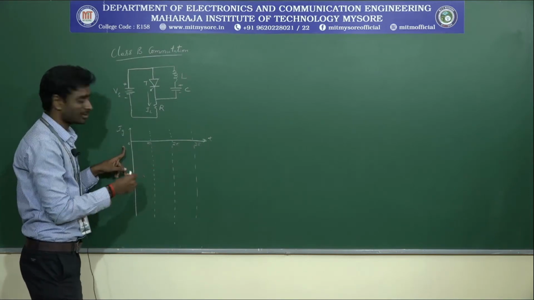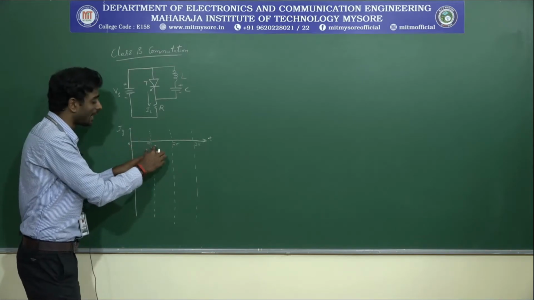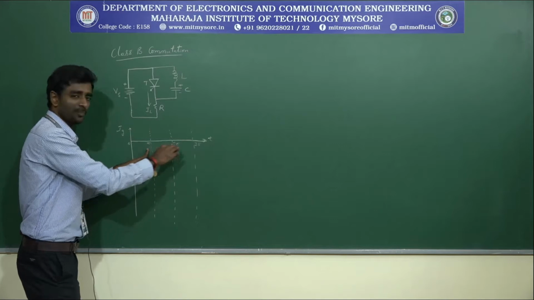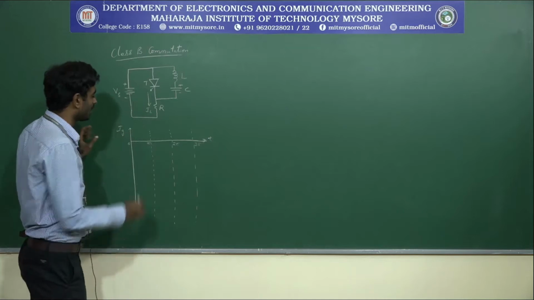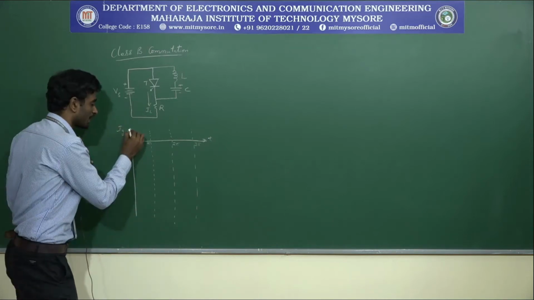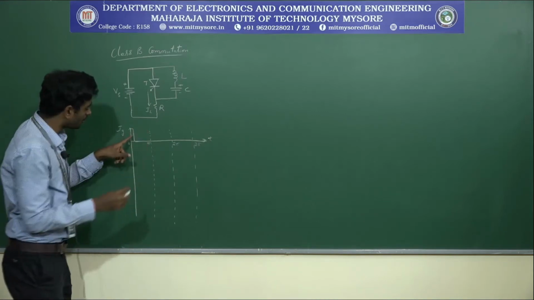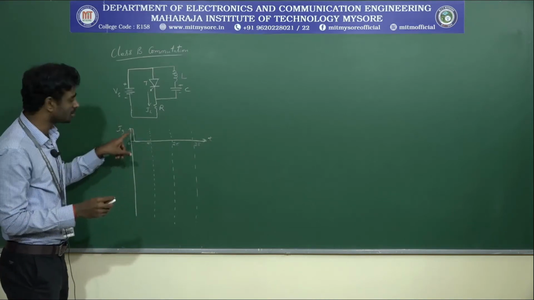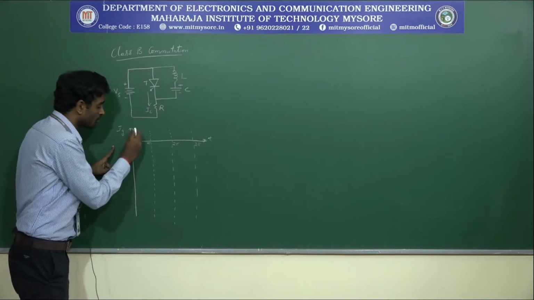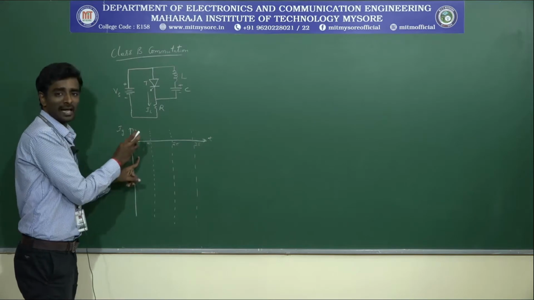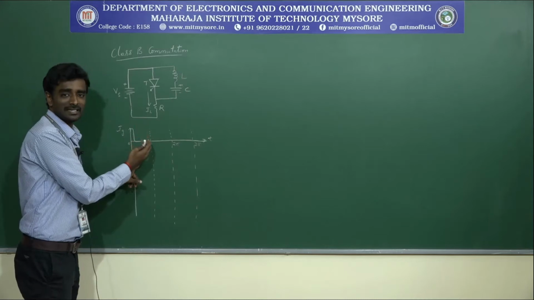If you consider the sinusoidal signal, you have one complete positive half cycle from 0 to pi, and another half cycle in the negative part, from pi to 2 pi. Since I am using an SCR, it will conduct only in the positive cycle. I will give a trigger in the positive cycle, applying a gate current across the SCR thyristor. It is in terms of a firing angle, which will be very limited and should not cross 90 degrees.